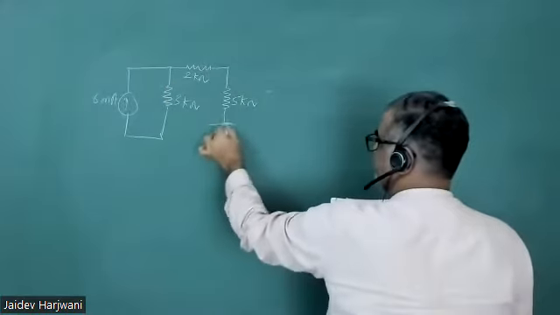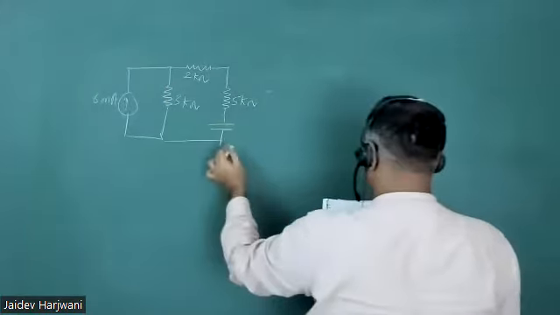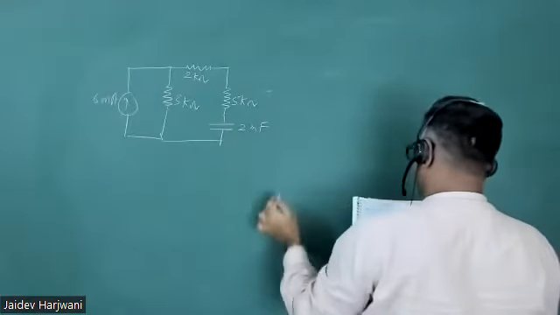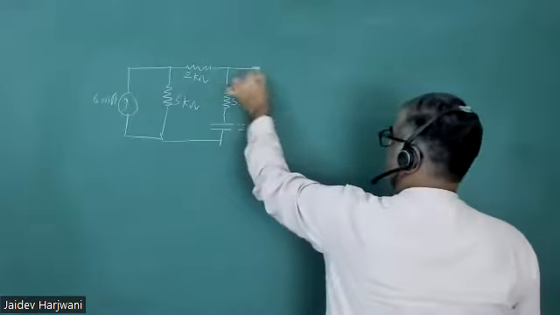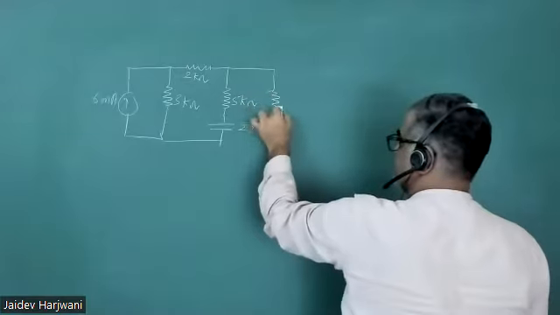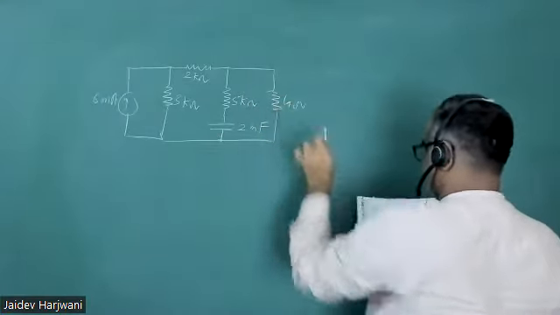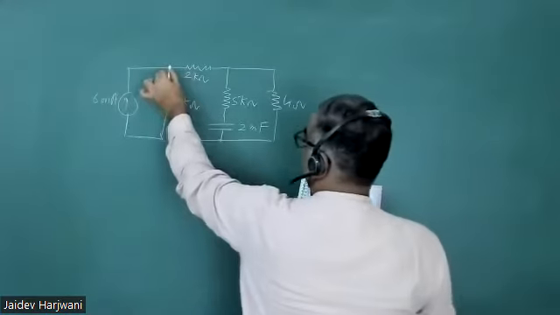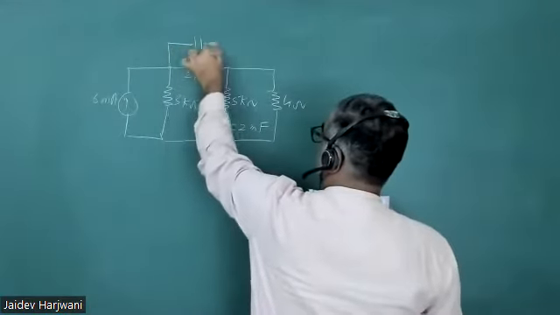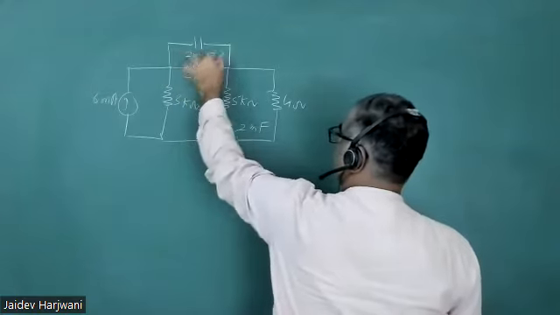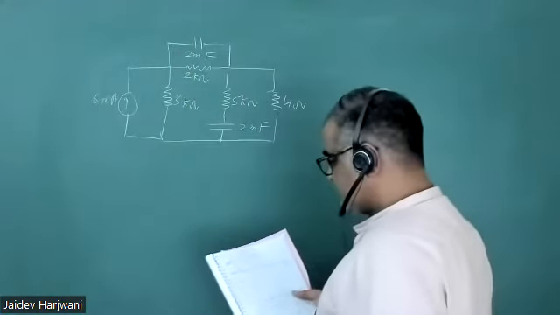Here you have one capacitor. Capacitor has this capacity 2 millifarad. Then you have this 4 ohm. And here you have a capacitor of 2 millifarad. This is also a capacitor of 2 millifarad. So he is asking